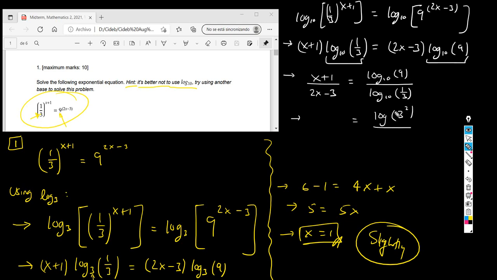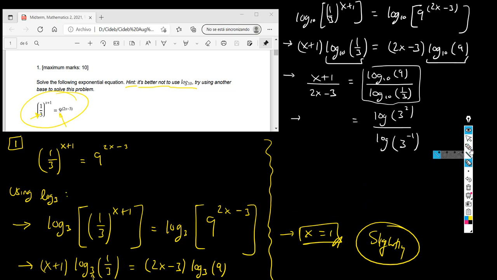9 is 3 to the 2, and 1/3, like we said before, 1/3 is 3 to the minus 1. You see? So I just rewrote all of this so that it looks now like this. Okay, that's what I did. Why? Because now I can apply once again the rule: logarithm base 10 of 3 to an exponent. Therefore you can lower the exponent, and it becomes 2 logarithm base 10 of 3 over, lower the exponent, minus 1 logarithm base 10